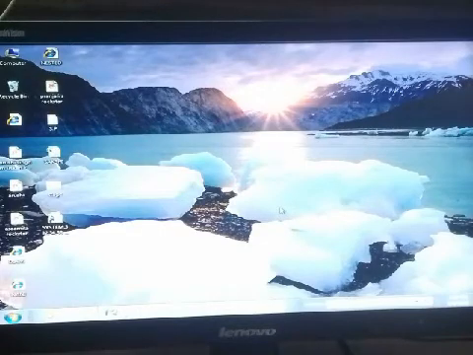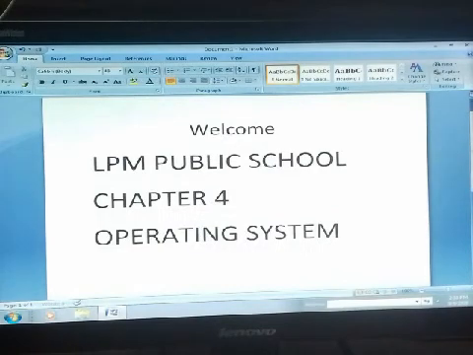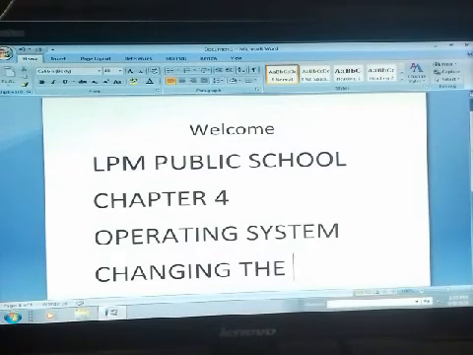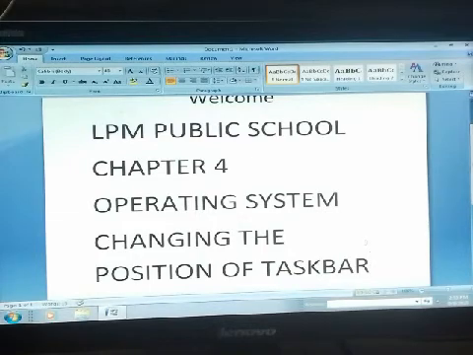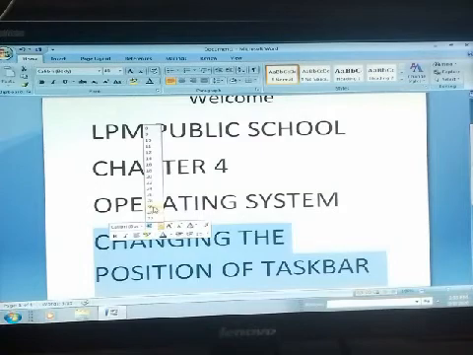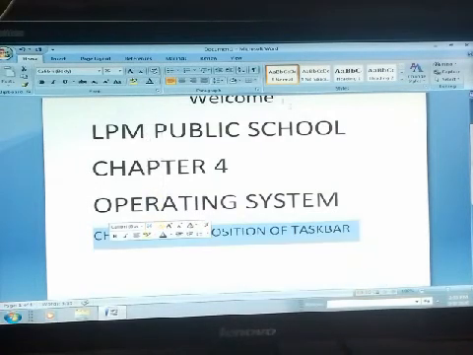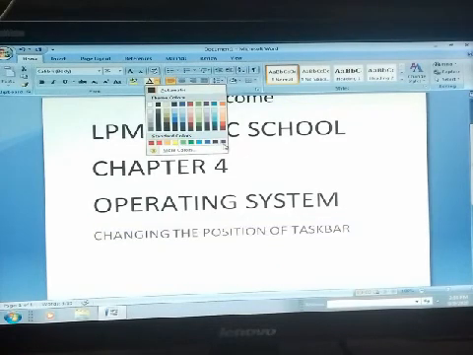And now our next topic is changing the position of the taskbar. Okay students, you can change the position of your taskbar according to your need.